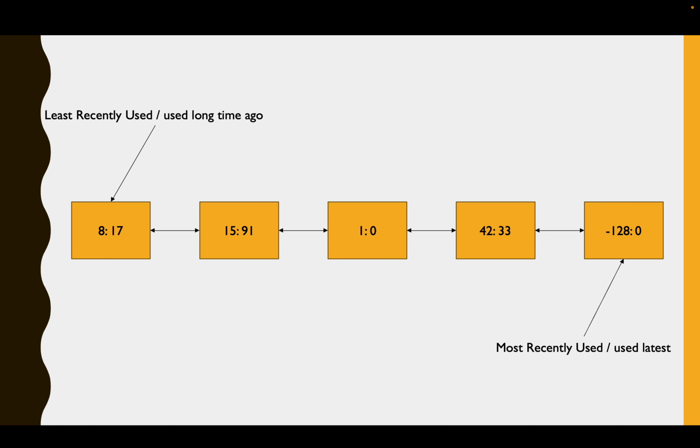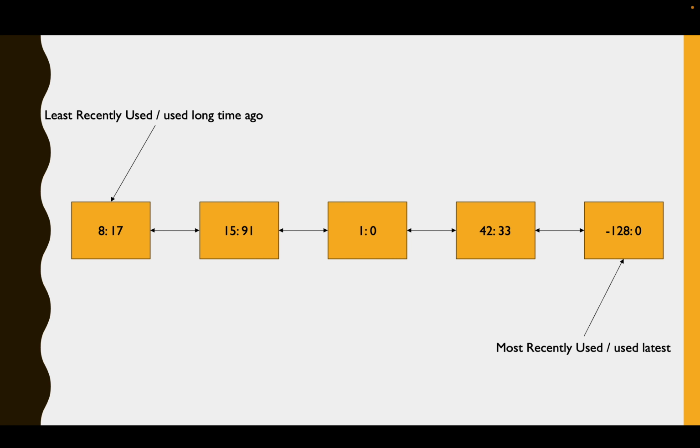So this is stale data. It's been sitting there for a long time, and whichever data was accessed recently comes to the head, and the one which has not been used for a while is at the tail. The name least recently used comes from the fact that we will delete this 8 if needed. Now when we delete, how we will delete is something we'll look at. Yeah, so this is how